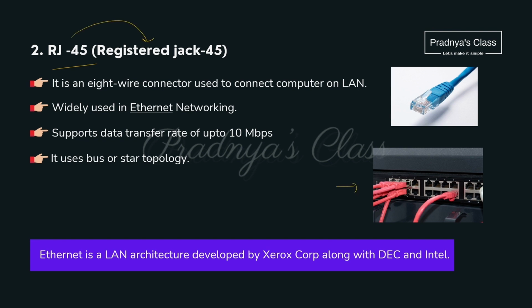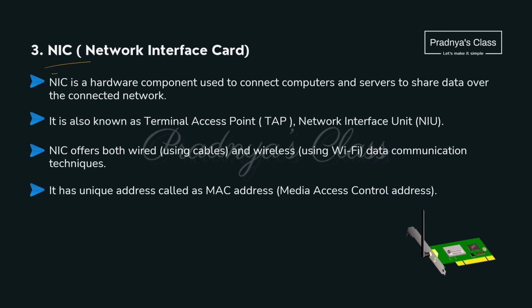The second network device is RJ45, registered jack 45. Look at the diagram, it is an 8-wire connector. Majorly used in Ethernet networking, it provides 10 Mbps of transfer rate. The third is Network Interface Card, that is NIC. It has a unique address called MAC address. As it is a network device, it is used to connect computers and server so that we can share data